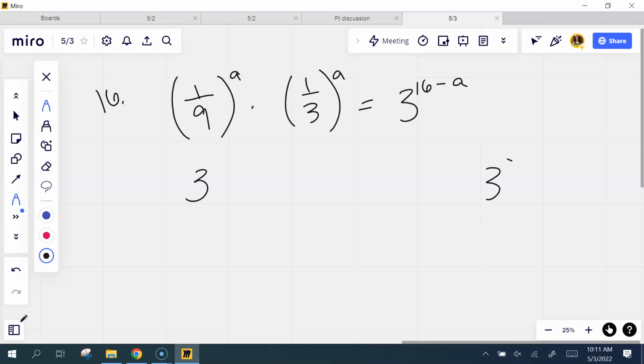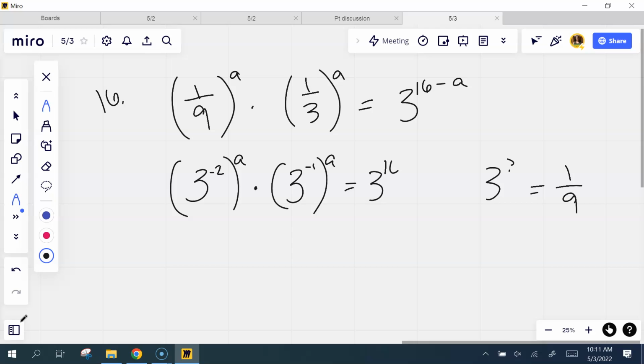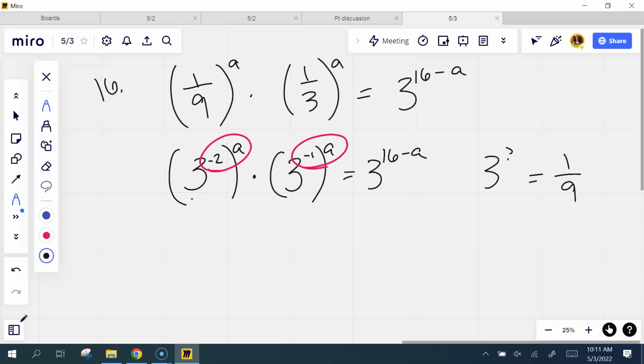What power would I need to put here to make this 1/9? -2. That's exactly right. Good job, Aiden. How about the 1/3? Close. -1. That's exactly right. That's going to flip it. Now these have the same base, so I can add these exponents together. So -2a plus -1a is, that's right,